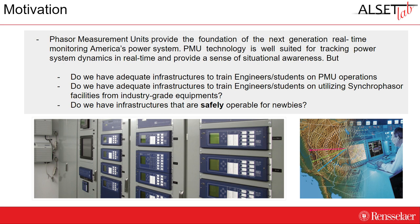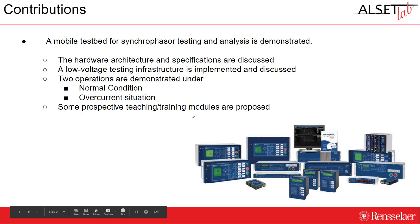But this raises a question: do we have adequate infrastructure to train students or engineers on PMU operations, or on how to utilize synchrophasor facilities from industry grade equipment? When we have them in industries, most of them are for trained personnel. Are there infrastructures that are safely operable for newcomers? So to address these issues, in this paper